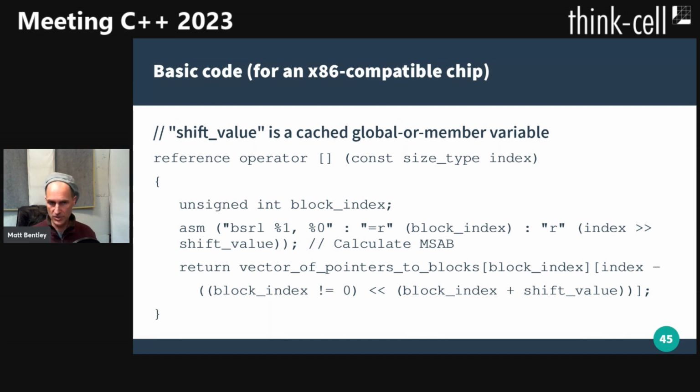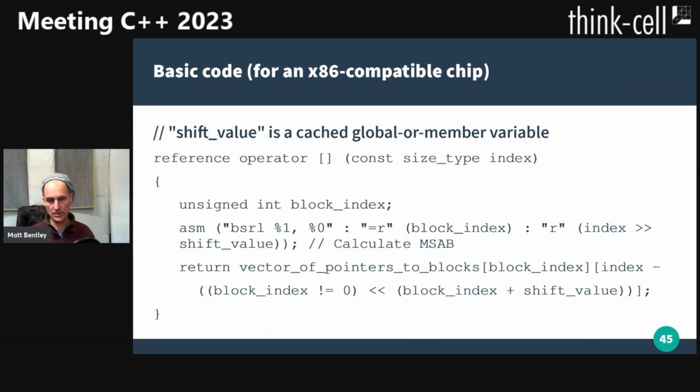We supply to BSRL the index shifted to the right by our shift value, which has been pre-calculated, and then we return the vector of pointers to our blocks, and we index into that with the block index which we've just calculated, and then we basically dereference to the actual block itself,